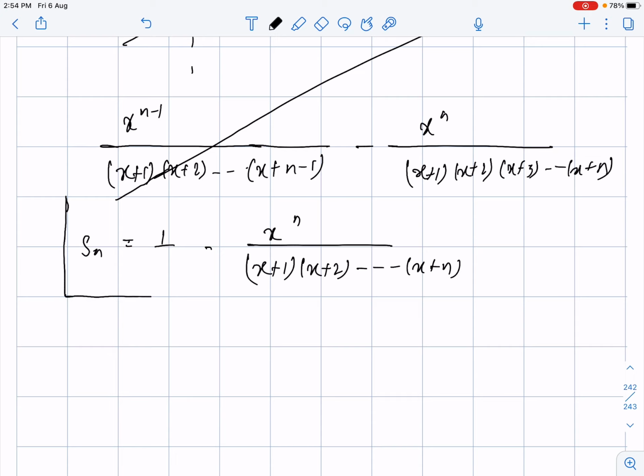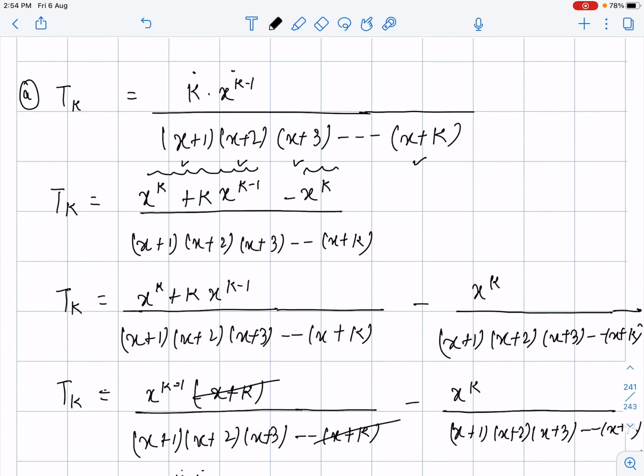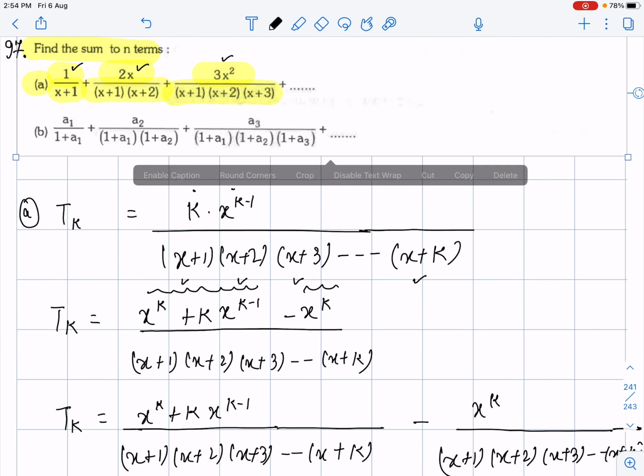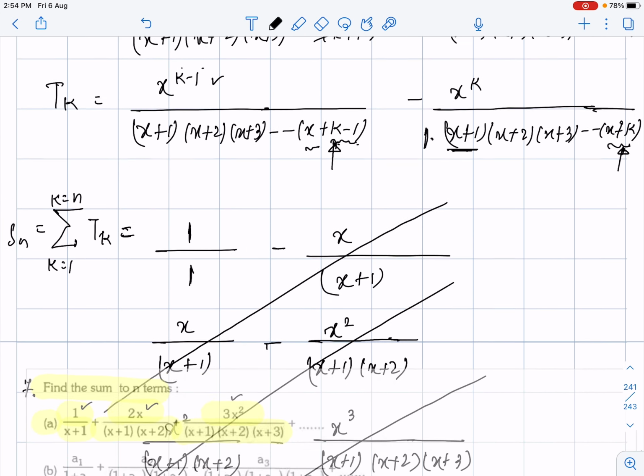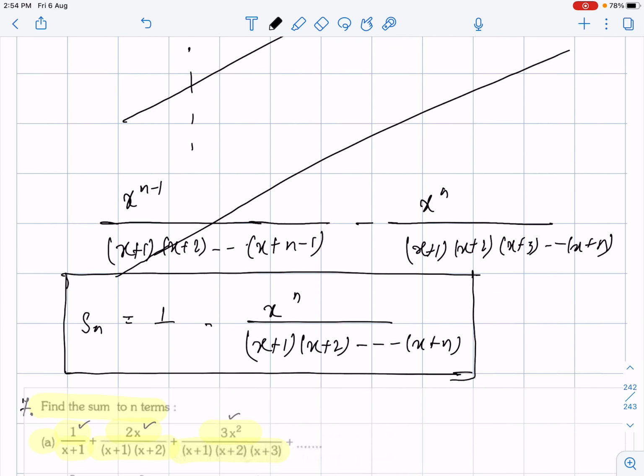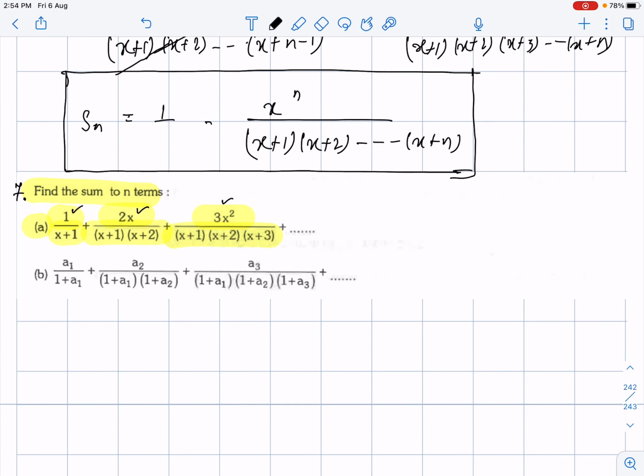I will proceed further to solve the second sub part of this question. That is also a very good question. Let's see what is given in that question. Bringing down the problem statement: a1 upon 1 plus a1, plus a2 upon 1 plus a1 into 1 plus a2, goes on up to nth